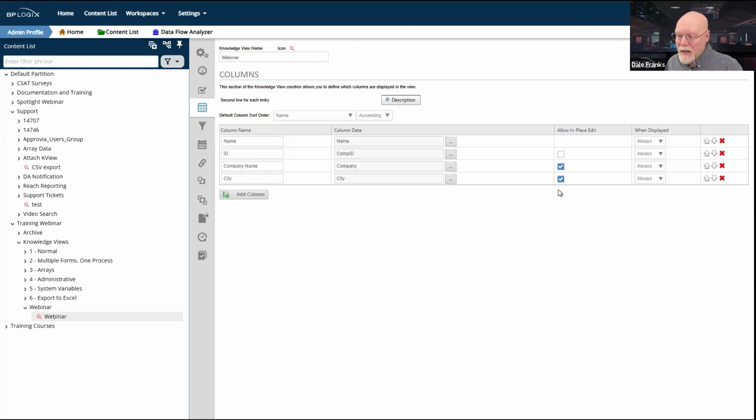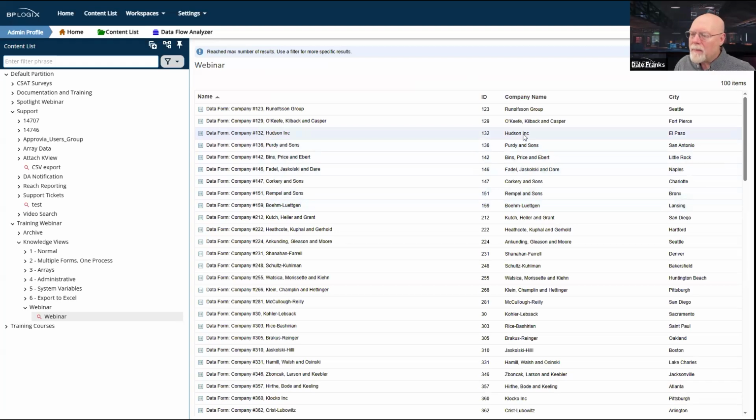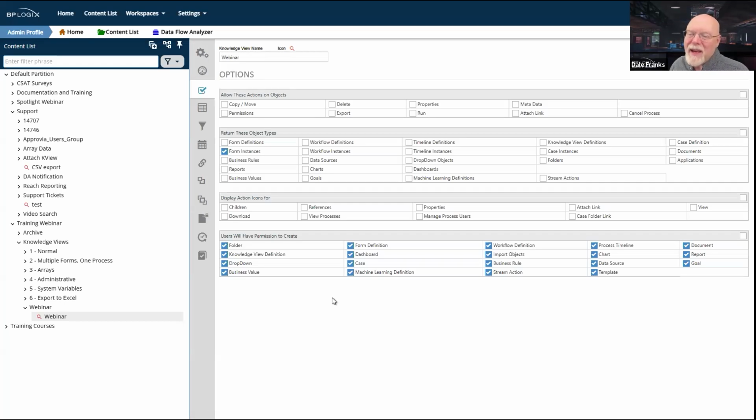Now, in-place edit is not going to work yet, but let me see if I can show you what in-place edit looks like real quick. Yeah, it's not going to work yet. So we have to make a couple of other settings changes. So if I turn on in-place edit, I do have to go back over here to the options tab, because there are a couple of things that I need to turn on for this particular thing.